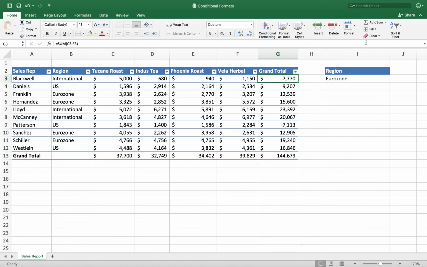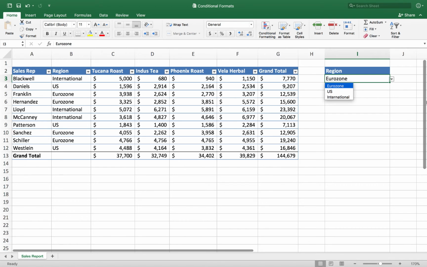Notice over in column I here, I've got the region. And if you click where it says Eurozone in column I, there's a drop down arrow. And if you click on the drop down arrow, it shows some different regions. Okay? So first of all, let's talk about how you get a drop down list like that in Excel. Does anybody know the trick of that? When you click in a cell, you want to let people choose from a list. How would you do that? So I'm just going to make sure you guys understand how this was put together.